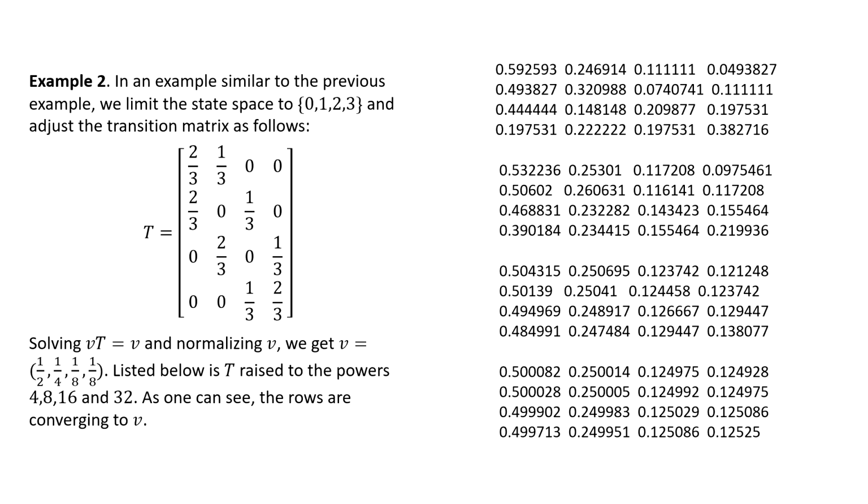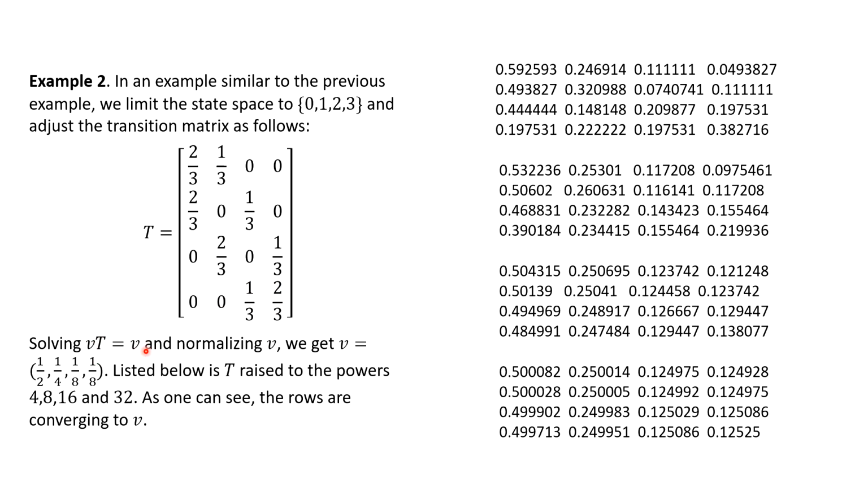Our second example is a version of the previous example. It's even simpler. We just have 4 states, and we adjust the transition matrix as shown here. So you still add up to 1 for each row, but here on this last row, you can't go any further out. You have to come back. So you're going from state 3 back, either going back into state 3 or back to state 2.